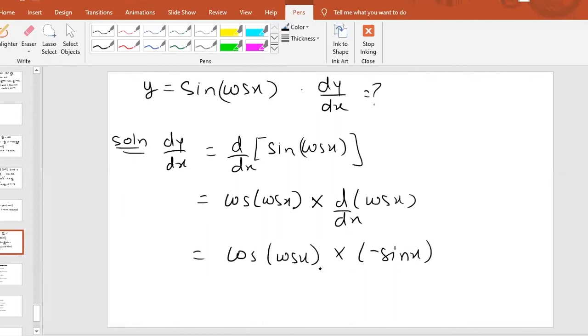See, we don't have to assume u and differentiate u with respect to x. We don't have to do that. Simply go by steps. First differentiate the first function, then go inside the bracket, differentiate that function, and multiply with that thing. Simple as it is. Did you all understand this or not? So which is the easy method? The chain rule method or this shortcut method which I told you about? The shortcut method is much easier as compared to that chain rule.